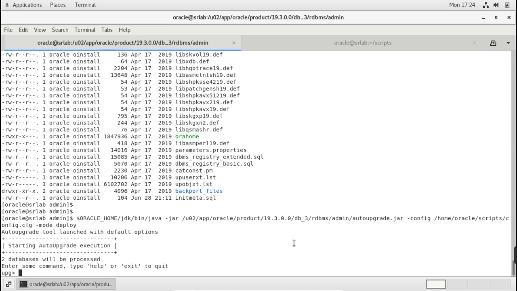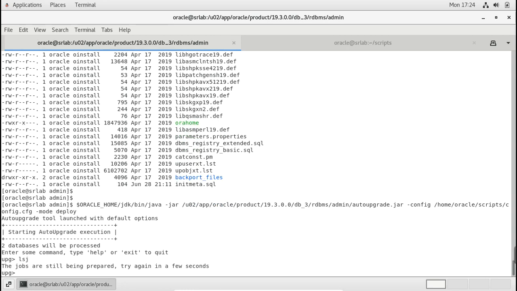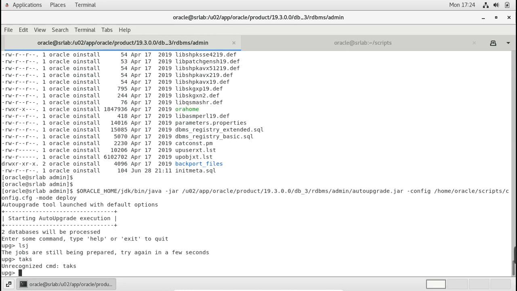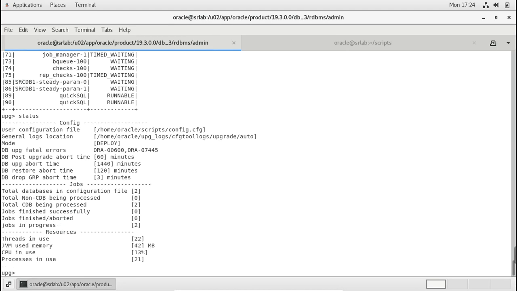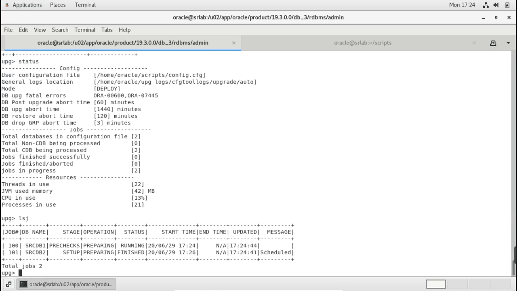Now you can see lsj, the status of tasks. You can see here SRCDB1 job number 100, SRCDB2 job number 101. So these two databases we are going to upgrade. The auto upgrade is going to upgrade them and then plug them into the Oracle 19c container.